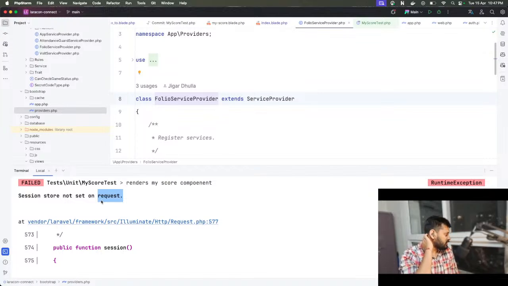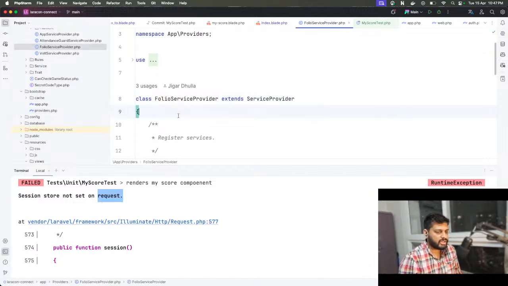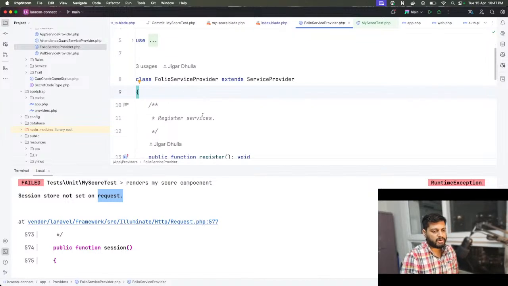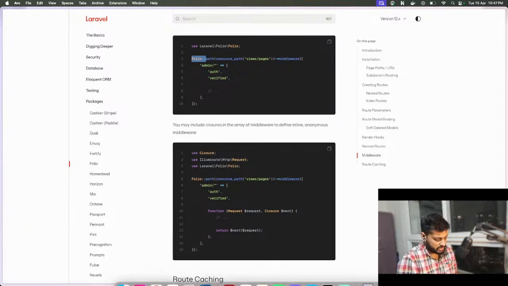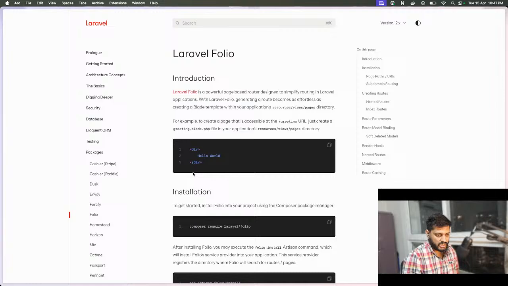Folio itself doesn't have its own testing mechanism or its own brain basically. Folio according to me is just how we structure our applications, loading the Blade files dynamically. That's what it is doing. And there are only helper functions that they have exposed, like middleware, what we see in the documentation. It literally has only one section,